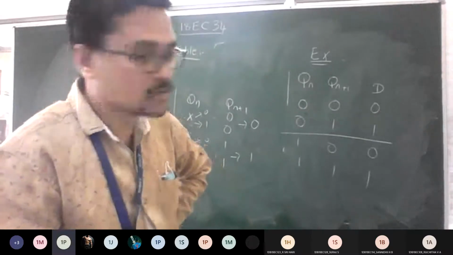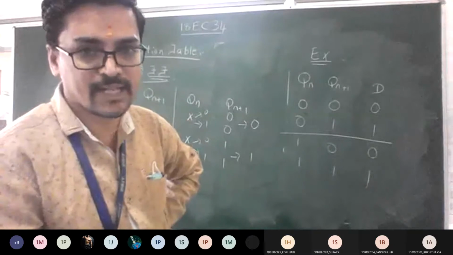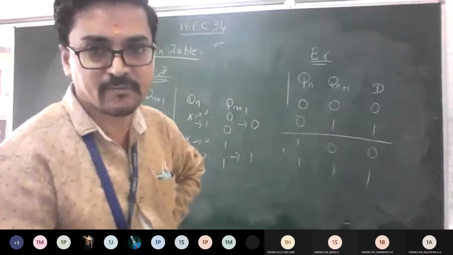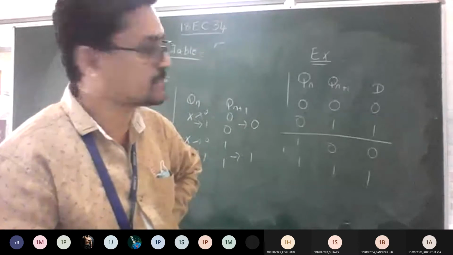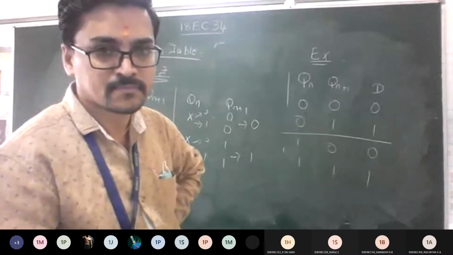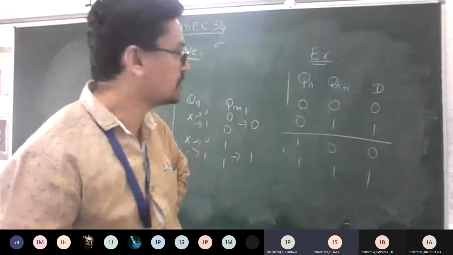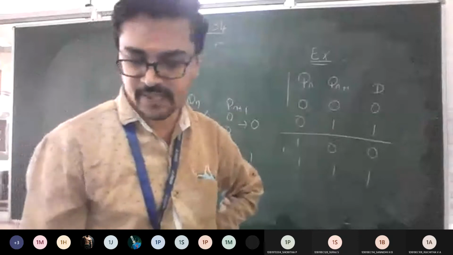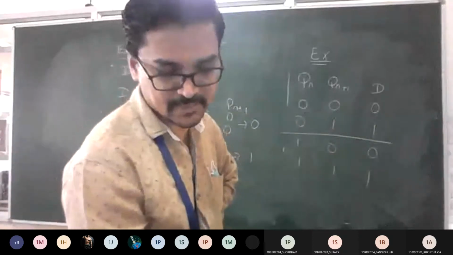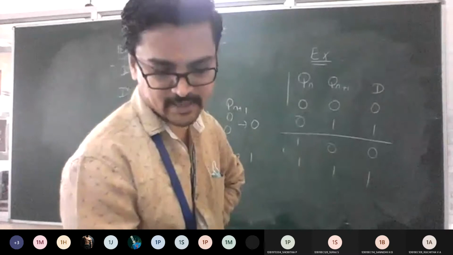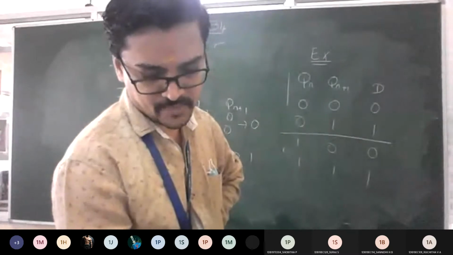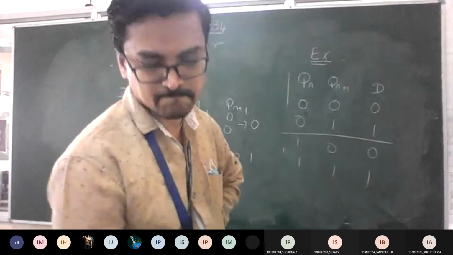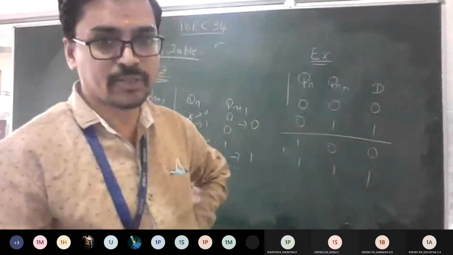Yes, sir. So this is the way you need to analyze the excitation table. I hope after knowing D flip-flop, you can write for T on your own. Is it fine? Shall we move on to the next part? Okay, good. So that completes your excitation table for any flip-flops. If anybody has doubts with this, you can ask me, or else let me move on to counters. Is this fine till here? Fine, so let's move on to counters now.